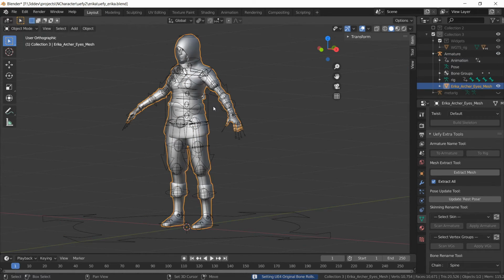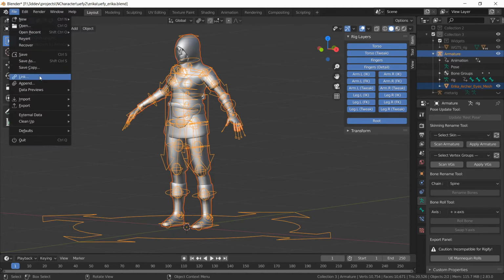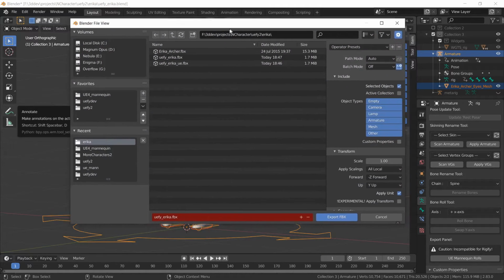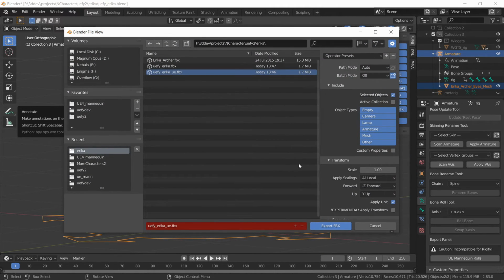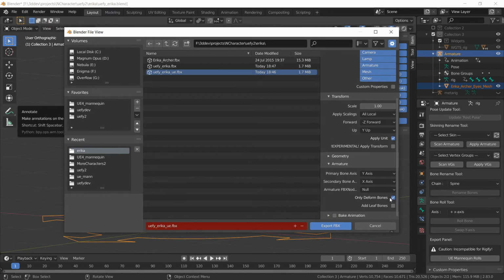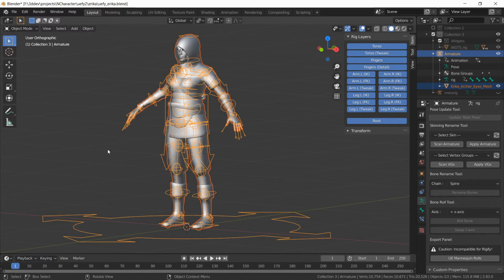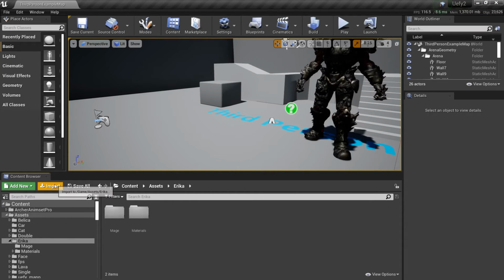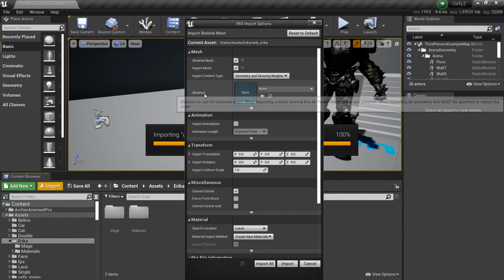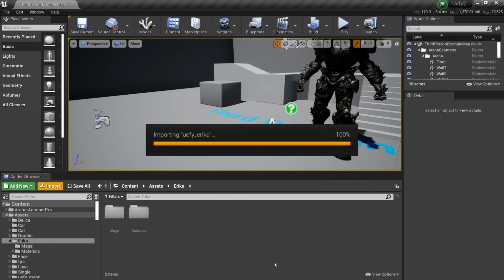Select the mesh, shift select the armature, file, export, FBX, this time a different file, and then again selected objects, armature, only the deformed bones, and we're not dealing with animation, so export this. In the engine, we can then do import, find the file that we exported with the Blender-based joint rolls, open this. I'm not going to select any skeleton, just leave it at none and do import, and that'll create a